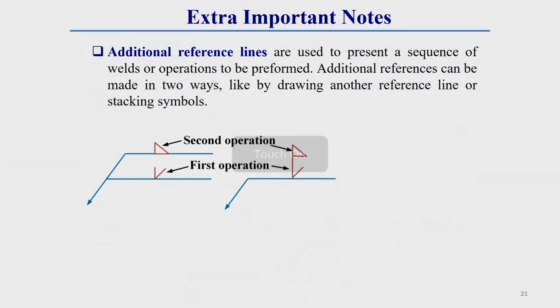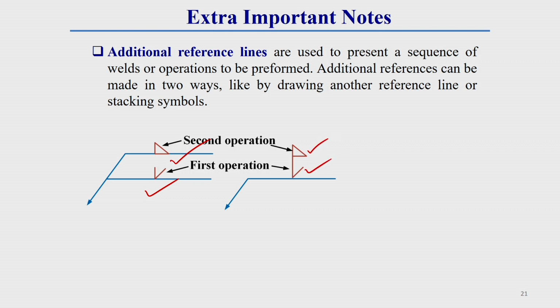Okay. Now, this is the last part of the weld symbol. Some cases I have already explained in detail about different welding sequences. If we perform them on the same side of a welding joint, then what should the different operations be. For a sequence of welding operations, we can represent the welding symbol by two or multiple reference lines, or we can represent the welding symbol in the same line with multiple symbols.